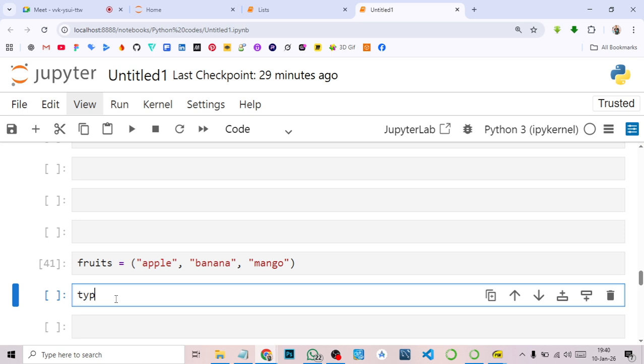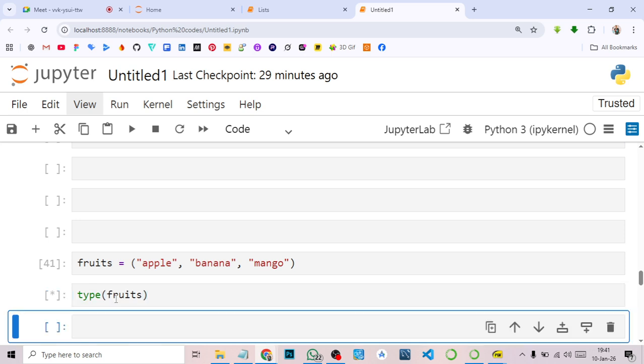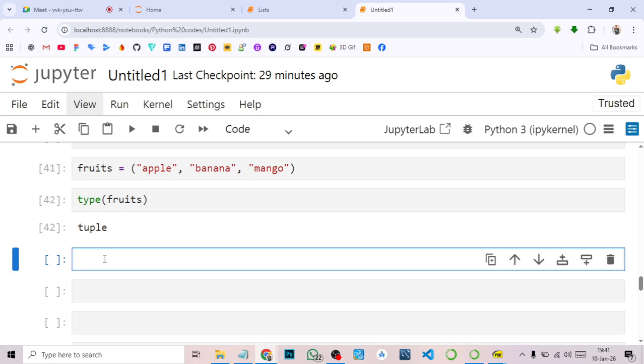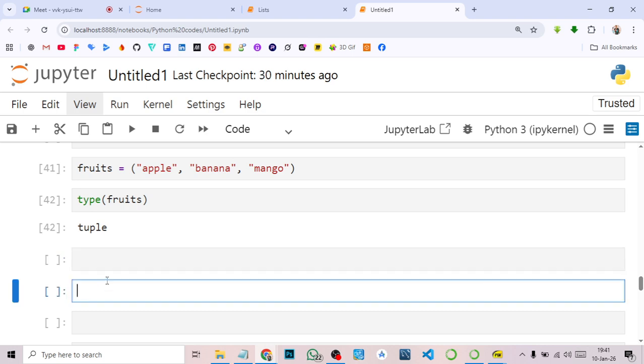If we check the type of fruits, you can see tuple. So list we use square brackets, tuple we use round brackets. So just like what we did with, if we say fruits,